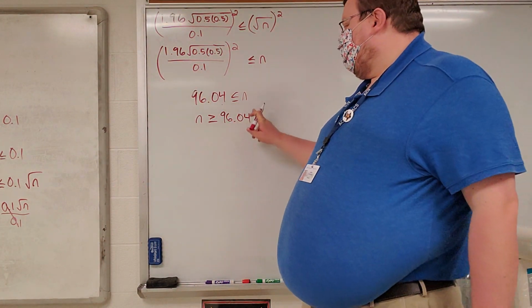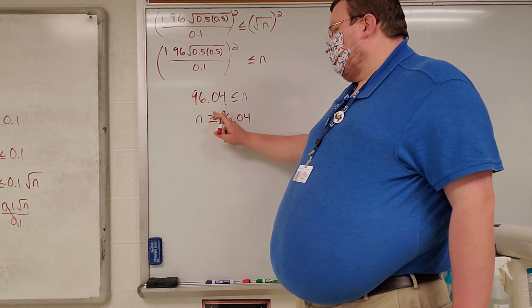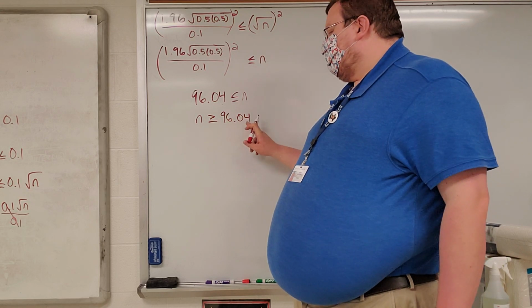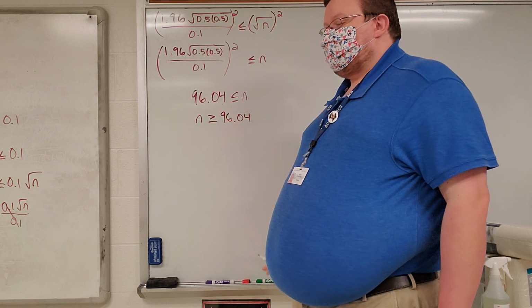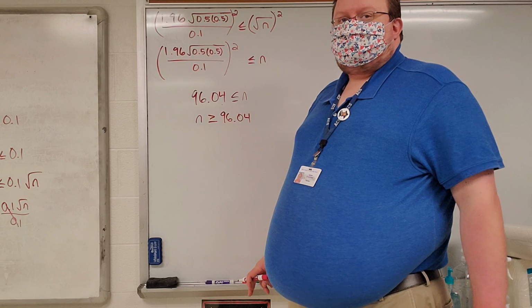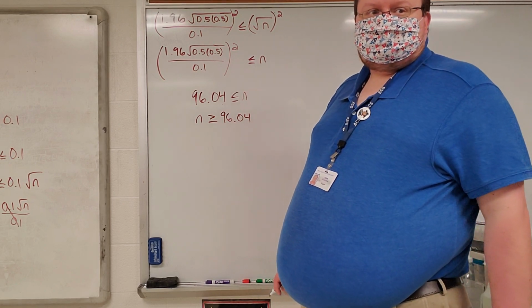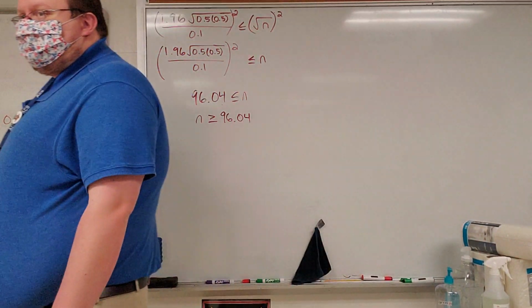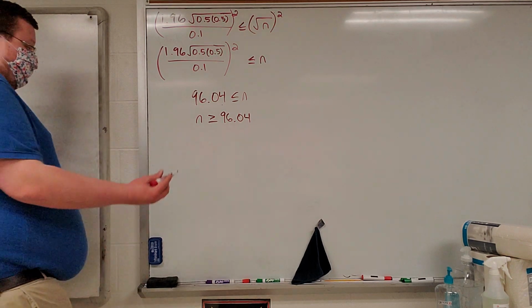Since it's always going to end up being n is greater than or equal to this value when you flip it around, you always round this up a person. Because you can't survey a .04 person, so just to answer this in context then,